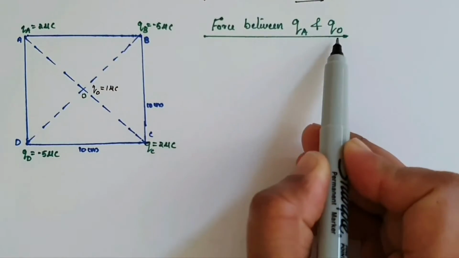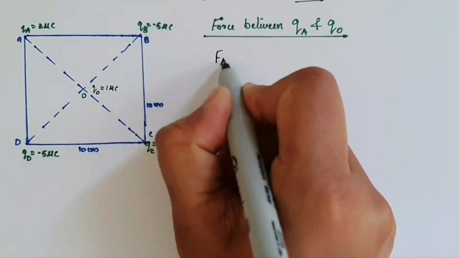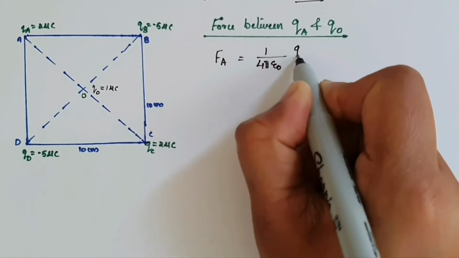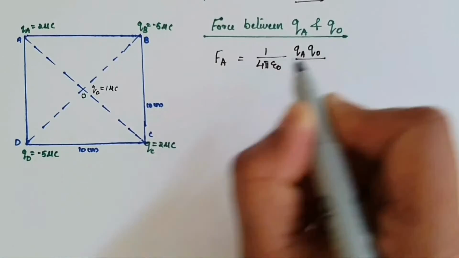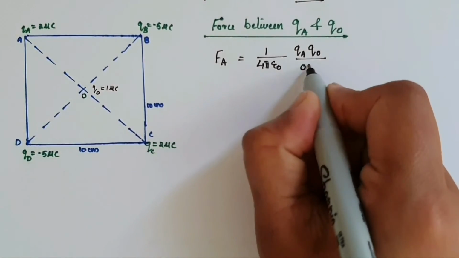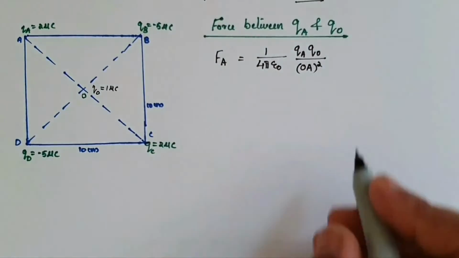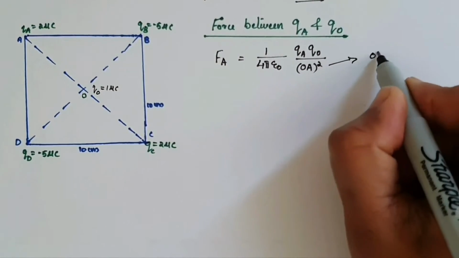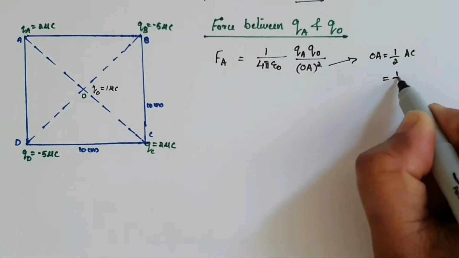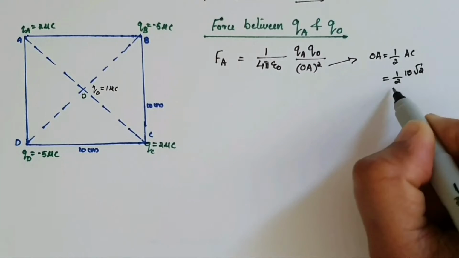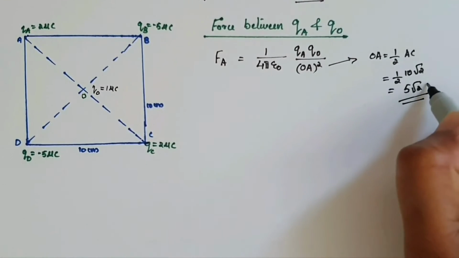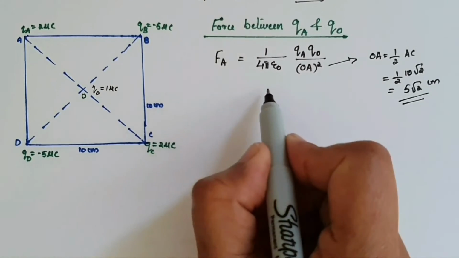Force between QA and Q0 is FA. This is equal to 1 by 4 pi epsilon 0 times QA Q0 divided by the distance between these two charges, that is OA square. Now what is OA? OA is half of AC, which is half of 10 root 2, equal to 5 root 2. Therefore, OA is 5 root 2 centimeter. So this is equal to,